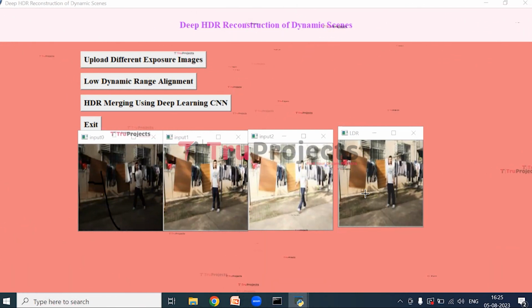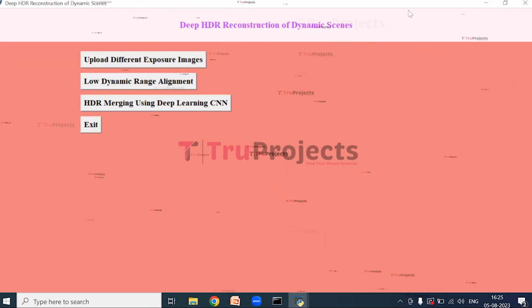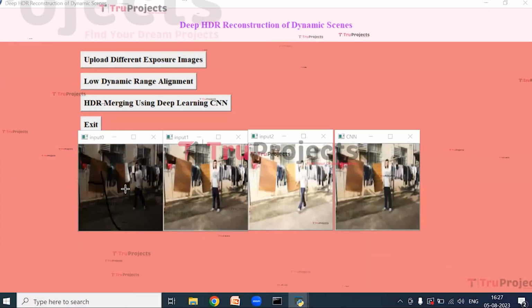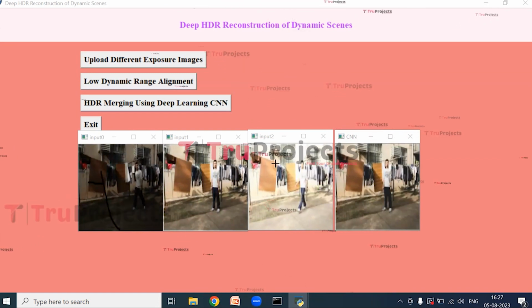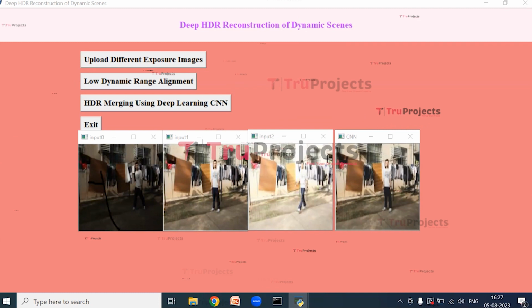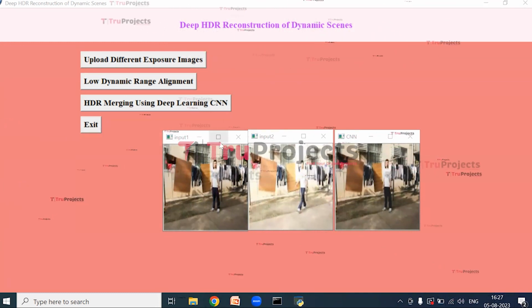Now to get the HDR image, click on HDR merging using deep learning CNN. In the above screen, the first 3 images are the input images and the fourth one is the CNN applied HDR image, and in that image we can see the backside clothes hanging on a rope more clearly compared to the other 3 images. So that is why it is an HDR image in which we have the complete quality. Now click on exit